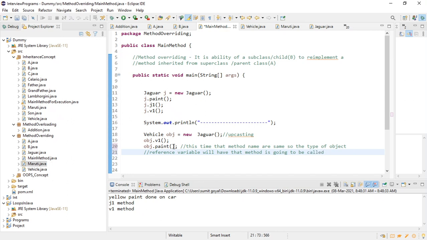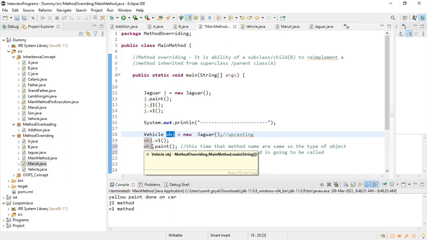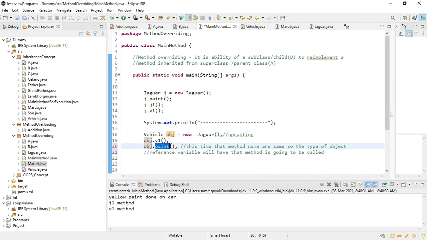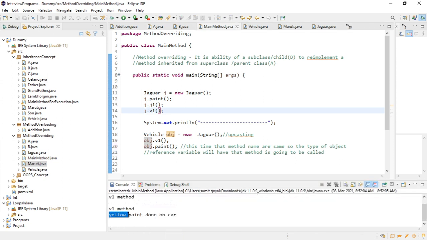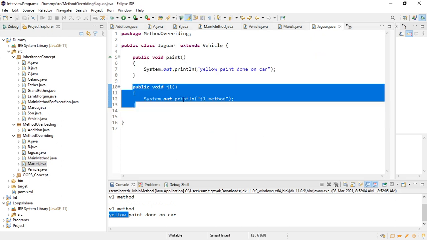So here as the method names are the same, if I run this program, which object will this reference variable have? It is of the Jaguar object. So as it has the Jaguar object, and the method names are the same, now it will call the method of the Jaguar class only, right? So if you see this, if I run it, you can see it is Jaguar coming from the Jaguar class.